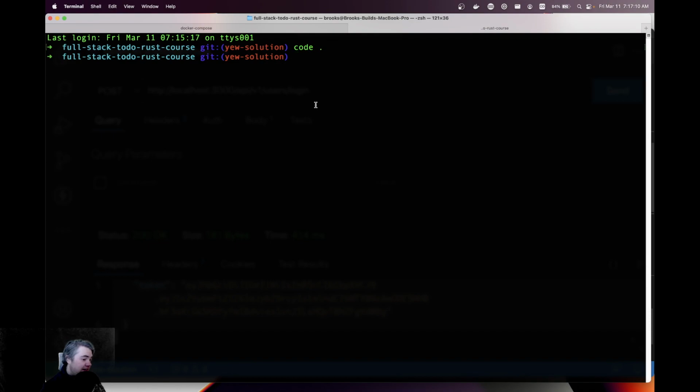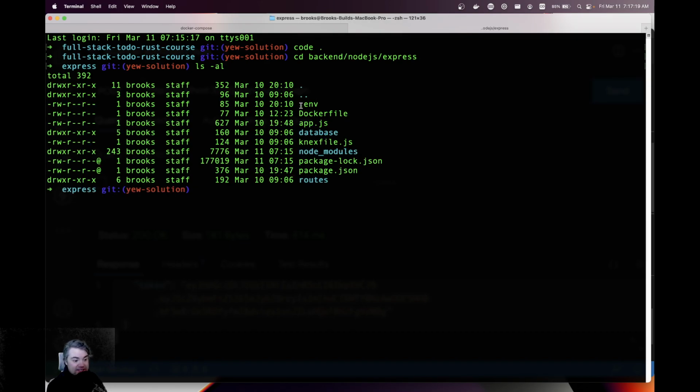But if I go into backend, Node.js, Express, there is now a .env file here. Apparently we created this and put it onto the codespace and then completely forgot that it was necessary here. The contents of this tells the Express app where the database is, what the user we're going to use is, what the password is going to be, and the port. And it's like,